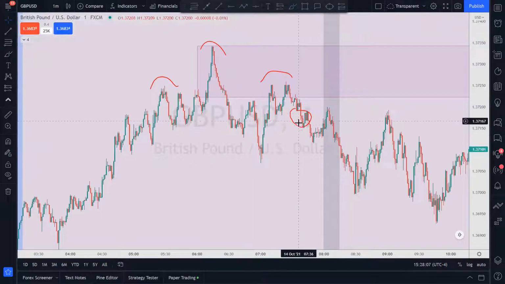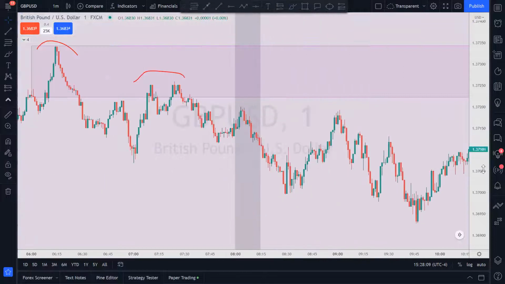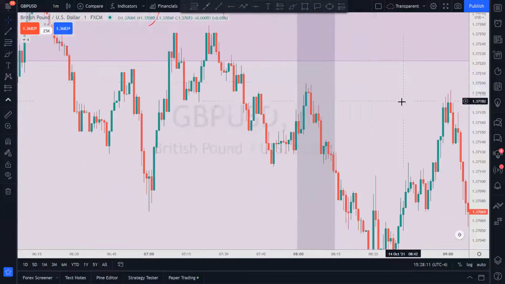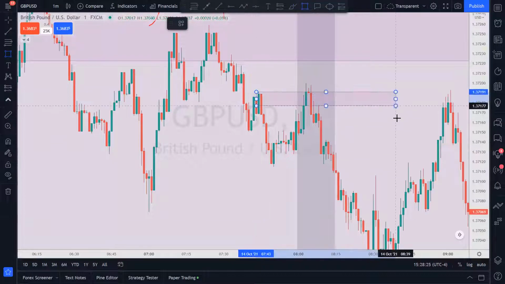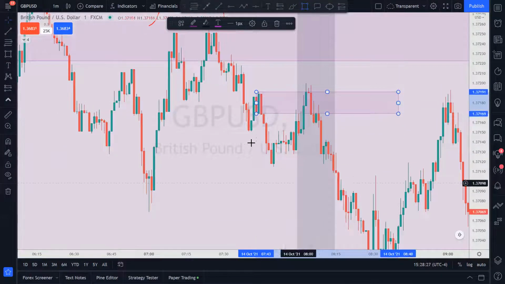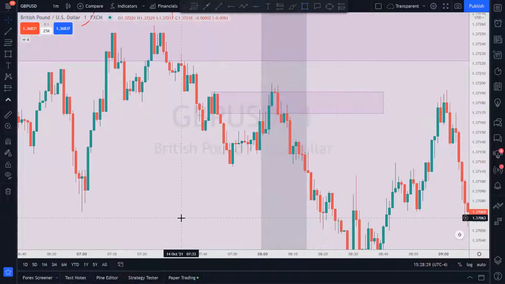Now, what you want to notice as price is coming towards 8 o'clock, these bearish order blocks here are being maintained. You got this one being maintained. That one was being maintained. This is the one I'm looking at because this is the most recent before 8 o'clock. I'm looking at this one hard, right?